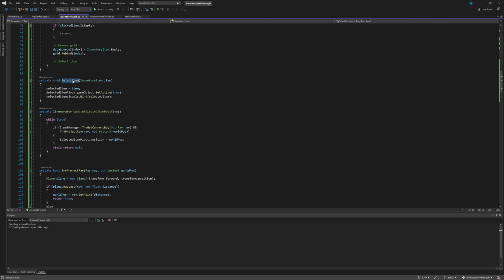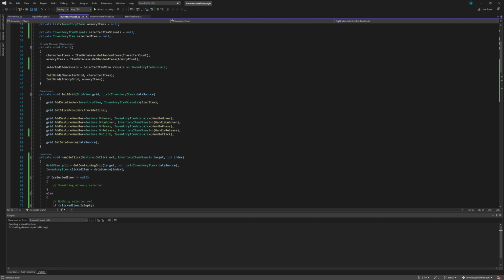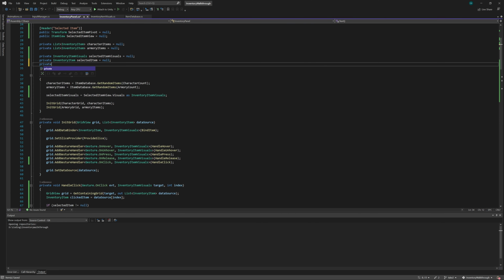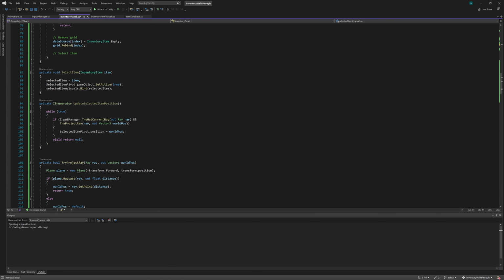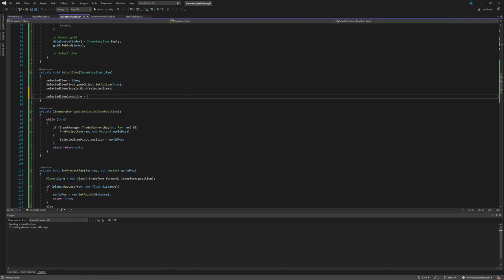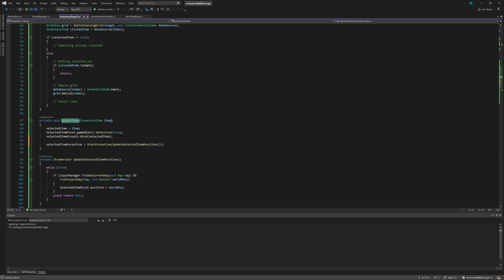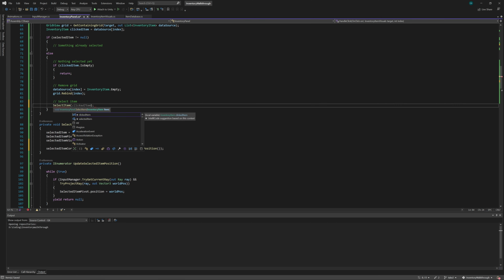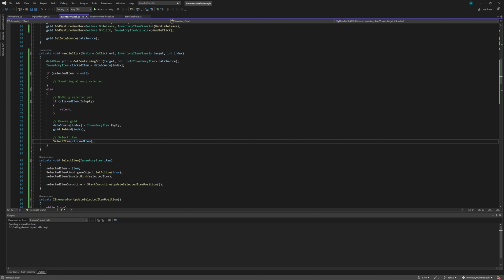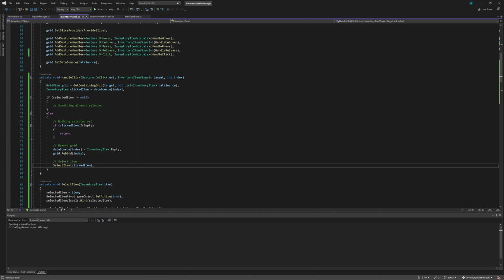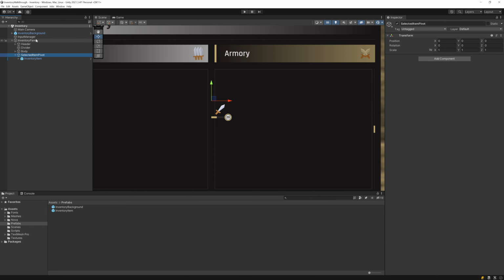So now here in our select item method, we want to start this, but let's go ahead and start tracking it so that we can stop it later. And then here we'll start the coroutine. And then we need to make sure to call this select item function with the clicked item. Even though we're not done yet, let's switch over to Unity and test what we have